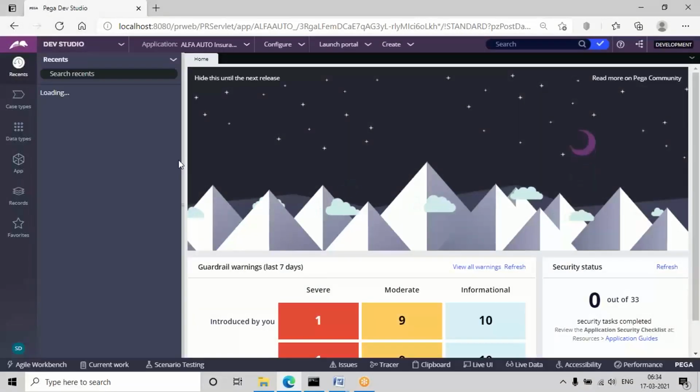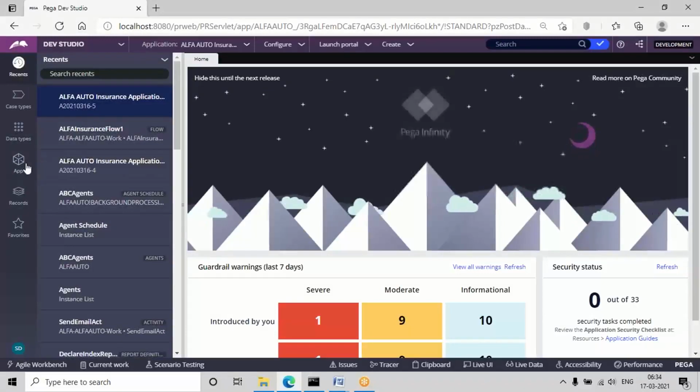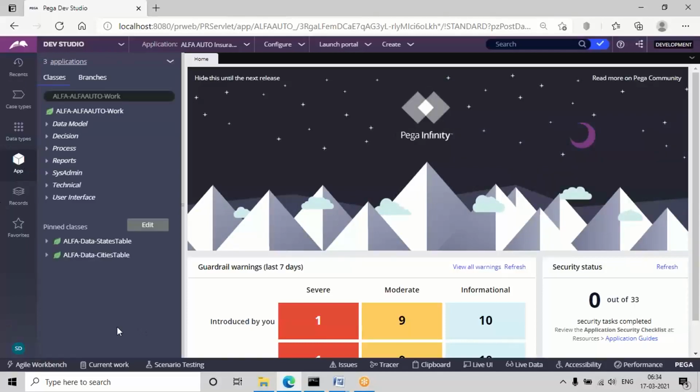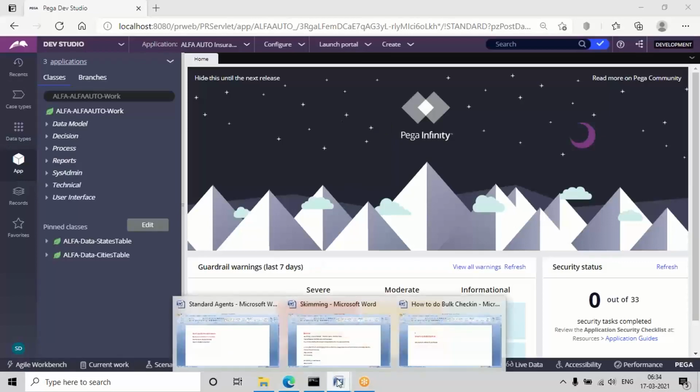Suppose you want to do the same thing for multiple records, like every time you want to perform per record execution, then we need to go for the standard agents. But in standard agents, apart from the same steps, we need to configure some additional business logic. What is that business logic we will additionally configure? We'll understand now.